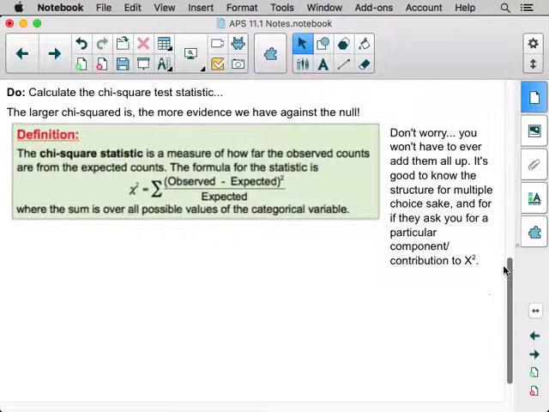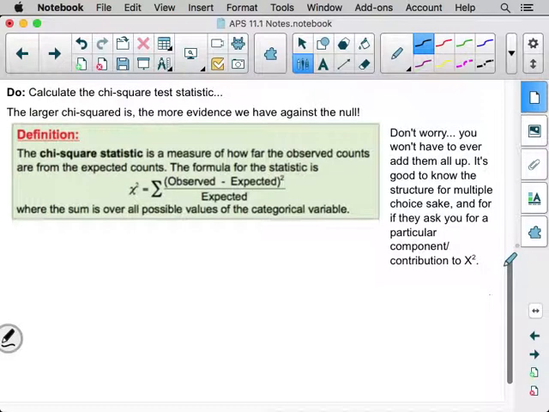But just to practice how this works, the chi-squared test statistic says take the observed value minus the expected value, square it, and then divide it by the expected value. What does this symbol out front mean? Add them all up. So theoretically, you would do this for every single term, every single color. Add them all up. That gives you the chi-squared test statistic. So again, just a model. I'm not going to have you do this for every one of them, but just to show you what that